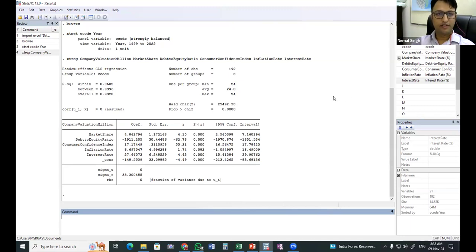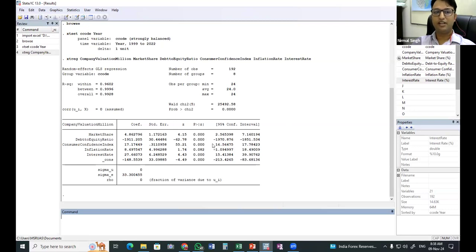Moreover, say, for example, the extension of these models is the non-linear models. Say, for example, there can be the case that we assume that up to a certain level, debt to equity is impacting in a certain way. After that, it is impacting in a different way. If that is the case, in this kind of model, we will get only one coefficient. It will tell us whether it is positively impacting or negatively impacting.